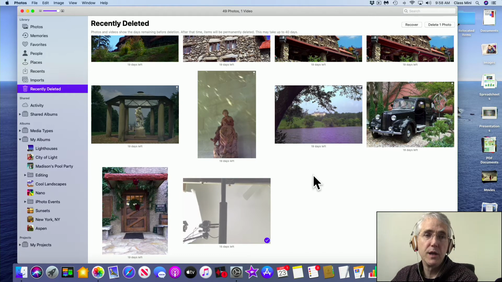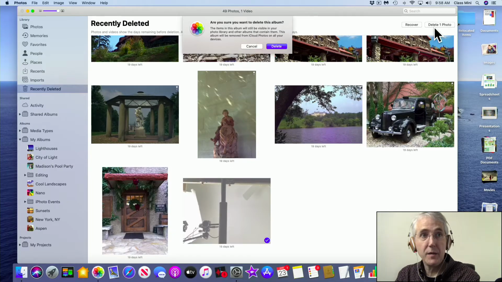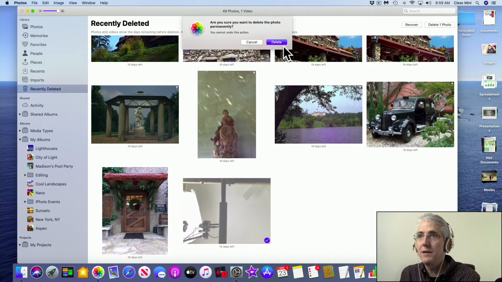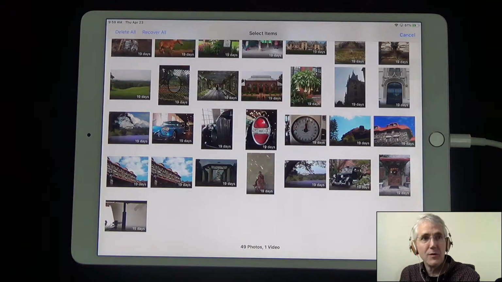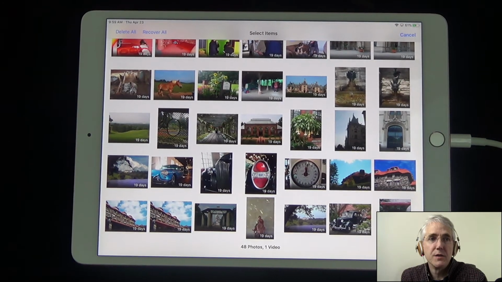So what I'm actually doing, to delete on the Mac, there is actually a delete button up in the upper right, but I can also just press the delete key on my keyboard, and it pops up and asks me if I want to go ahead and do that. So anyway, I'm going to delete that here, and we'll go back to the iPad. Yep, there it goes. So anyway, that's deleting photos, no matter whether you're on your phone, your iPad,